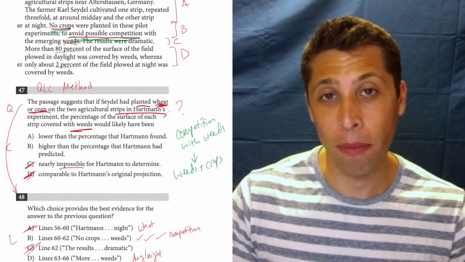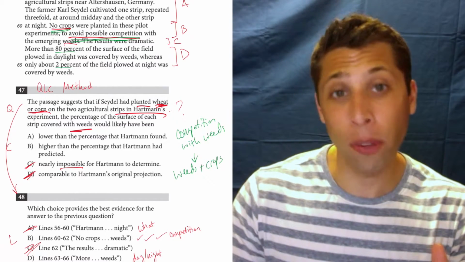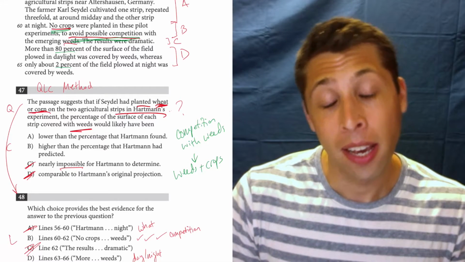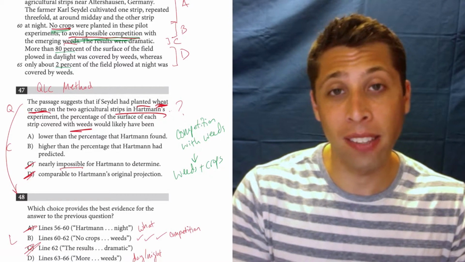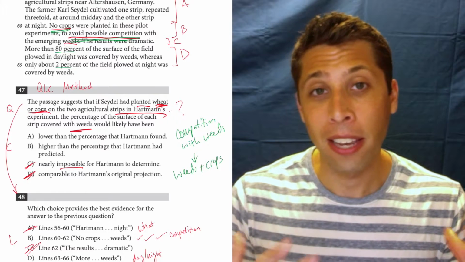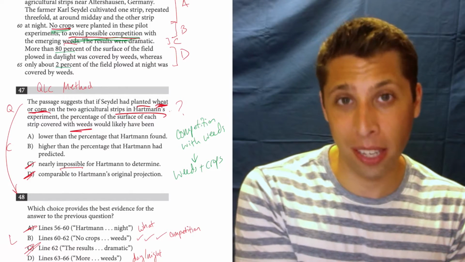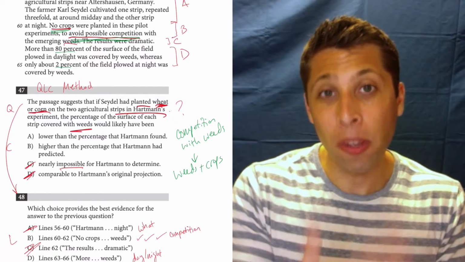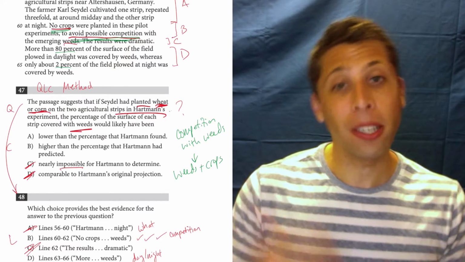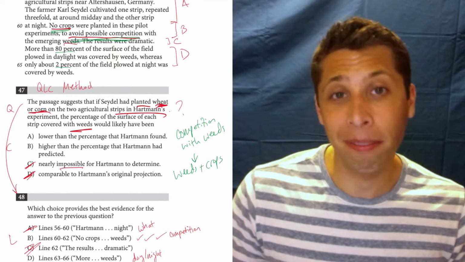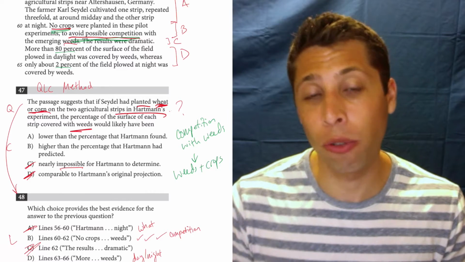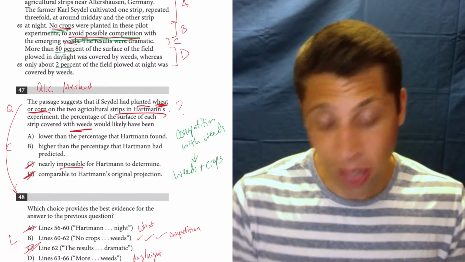That's all we saw. But if those weeds had competition, then we'd have weeds plus other things. And presumably, if it was weeds and crops in these fields, there would be fewer weeds because the crops would be competing and probably stealing some of the resources, the nutrients, whatever. So the answer here is A,